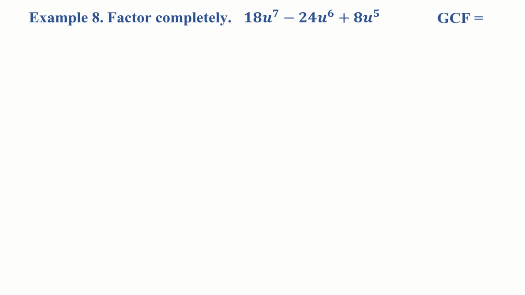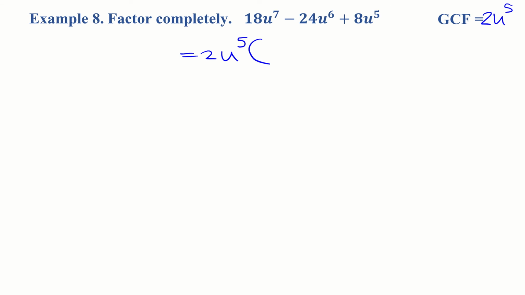How about this problem? Try it before you come to watch the rest. Alright, so I hope you did realize we have a GCF that's non-1, meaning something other than 1. And what is it here? Notice, for 18, 24, and 8, the GCF is 2. For u to the 7, u to the 6, and u to the 5, the GCF is u to the 5. So if we factor out the GCF 2u to the 5, that leaves us 9u squared minus 12u